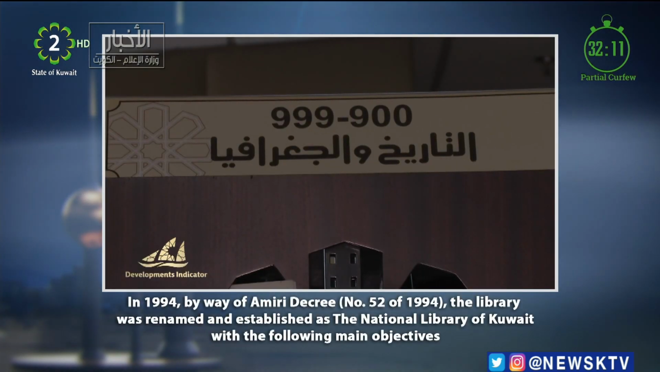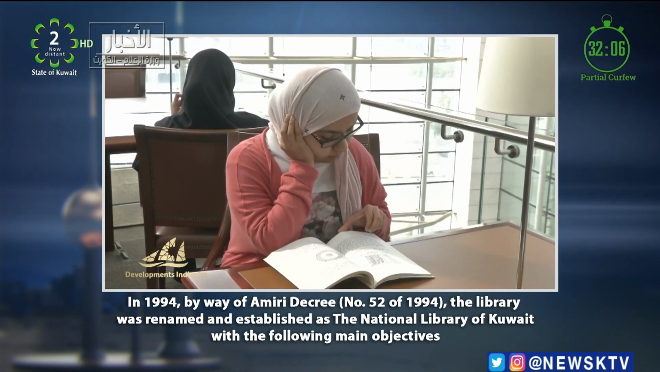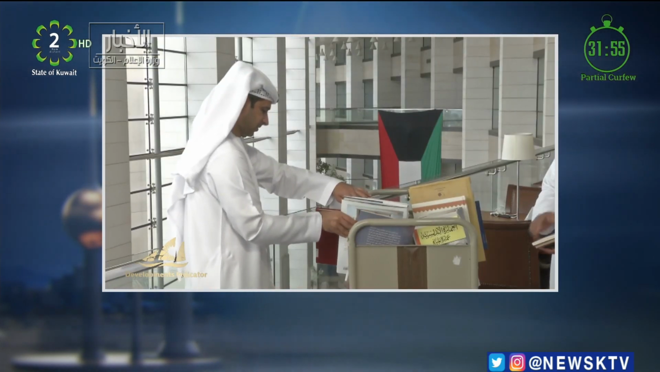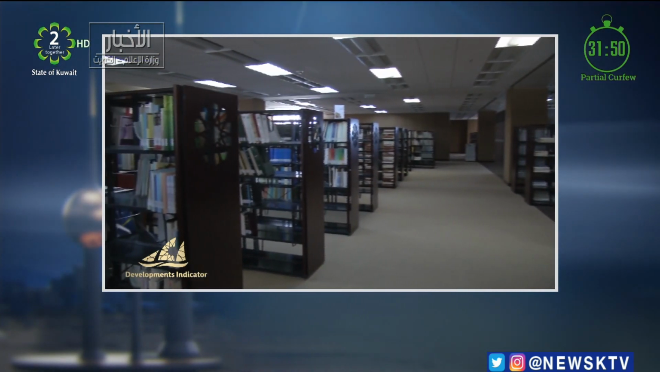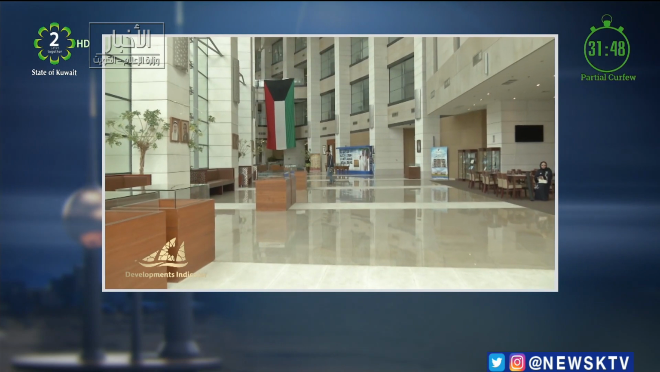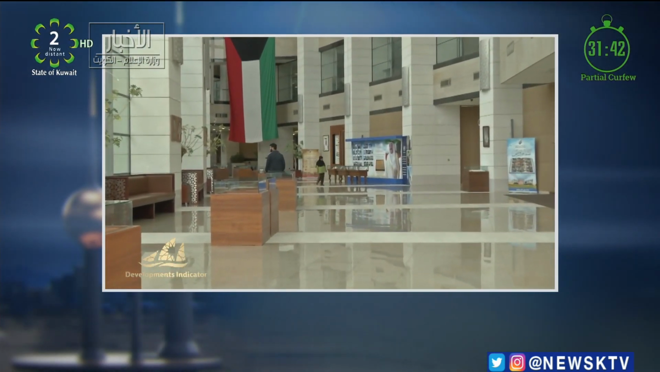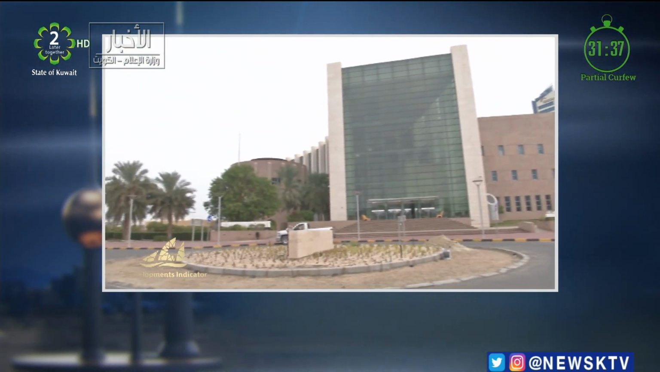In 1994, by way of Emiri Decree No. 52 of 1994, the library was renamed and established as the National Library of Kuwait with the following main objectives: to compile, organize, document, and preserve Kuwaiti heritage and national intellectual production and property; to develop and collect our literature and information concerning Kuwait, its history, the history of the Gulf and the Arabian Peninsula in both Arabic and foreign languages; to maintain and protect the rights of authors, inventors, owners of artistic works, as well as intellectual property rights;